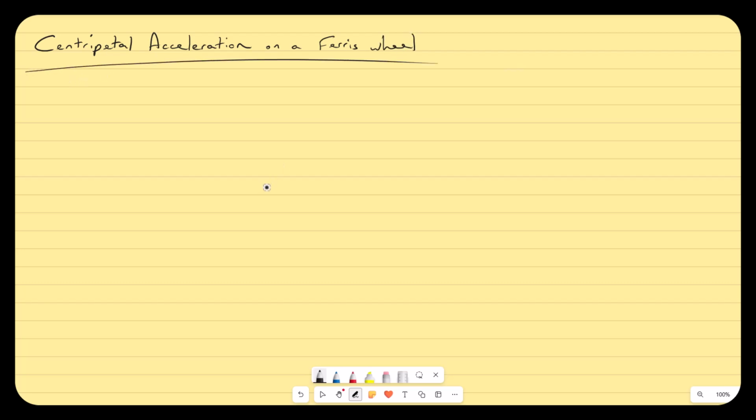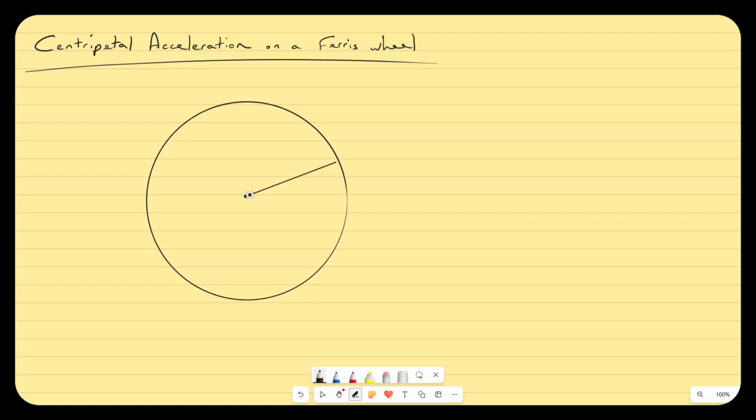We looked a little bit at centripetal acceleration, but this is really a concept that's easiest to get once you start practicing with it. So this is going to be an example video of centripetal acceleration on a Ferris wheel. Here we go. If I've got a Ferris wheel